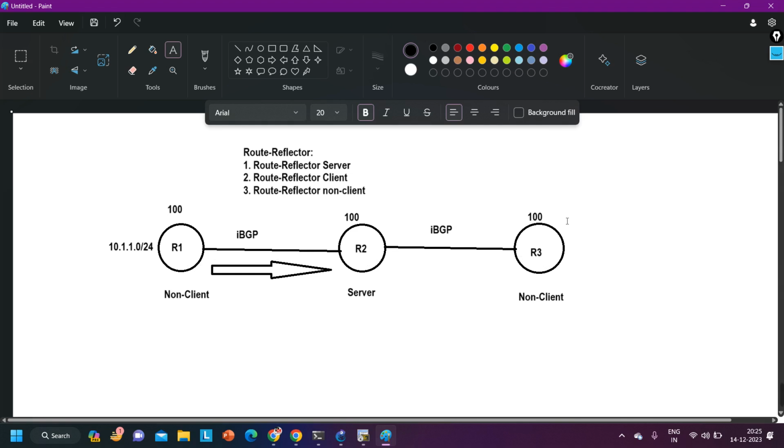Then router 2 will advertise the TAN prefix to router 3 also. So if any BGP server router receives prefixes from a non-client neighbor, then the router will advertise to other server neighbors or client neighbors, but it will not advertise to other non-client neighbors. If a server receives a prefix from its non-client neighbor, then the server will not advertise to other non-client neighbors. In all other scenarios, like what we can see here, let's say